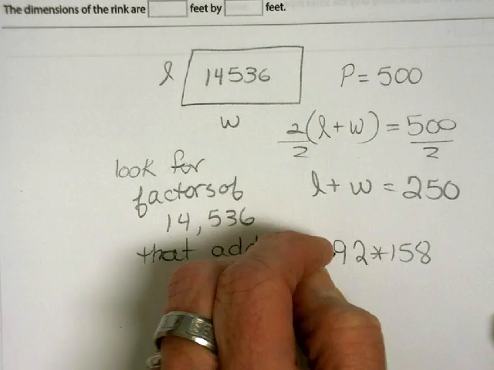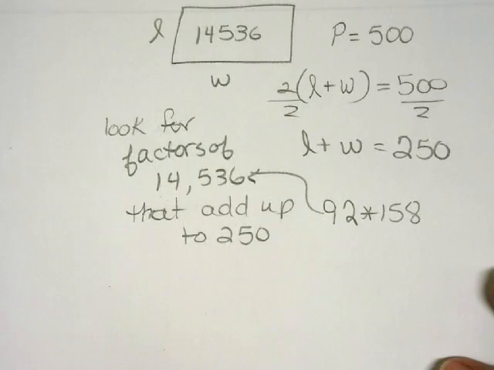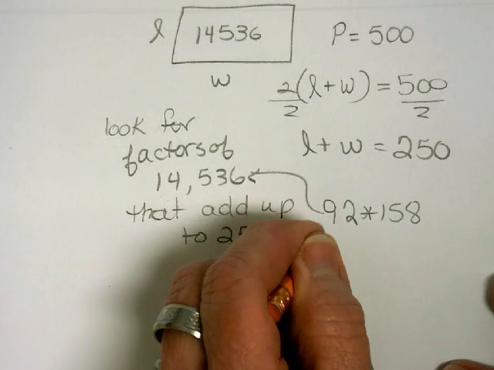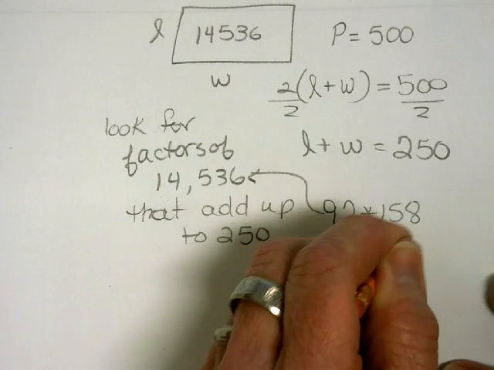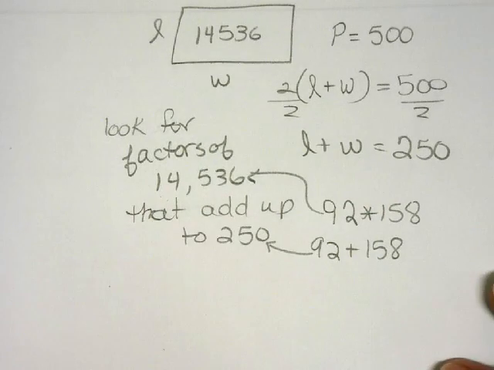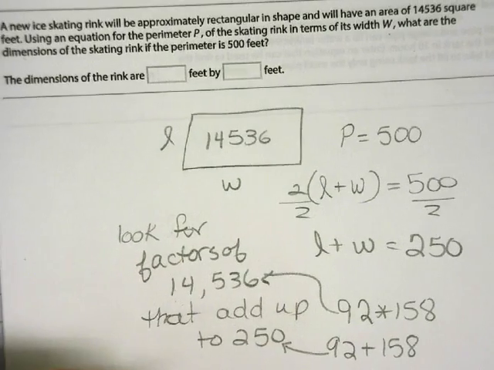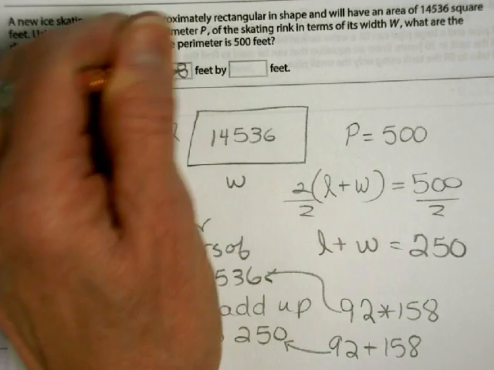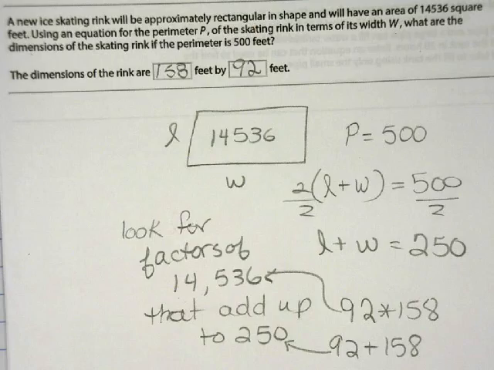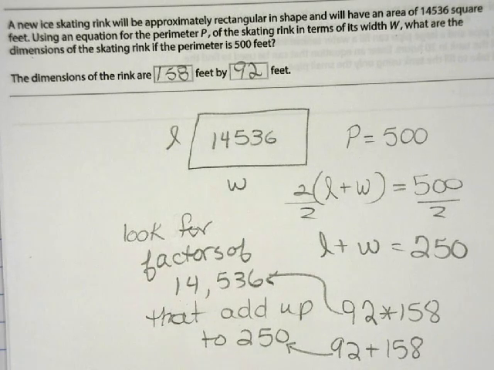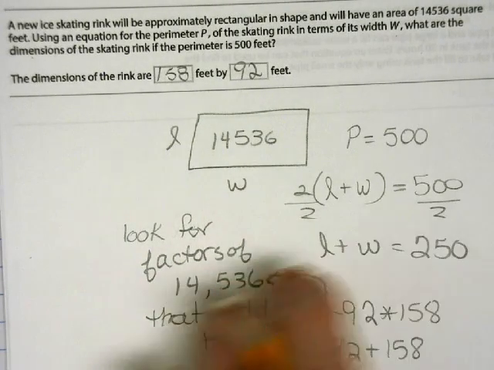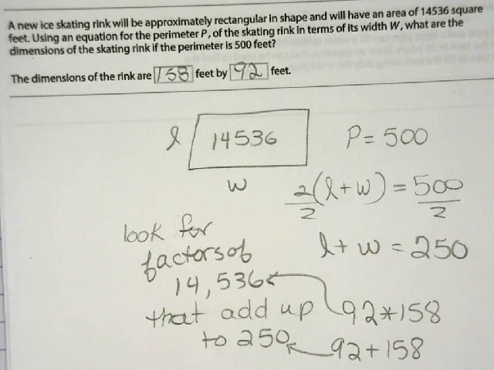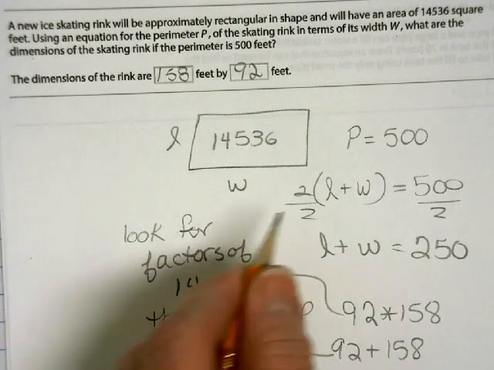Okay, you've got your screens. So 92 times 158 is my 14,536, and 92 plus 158 is my 250. So then up here, I think they list the length first. So 158 by 92. Okay. What they wanted you to do was rewrite these just with W. So